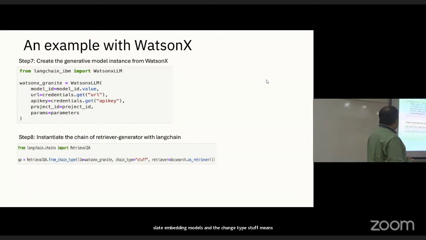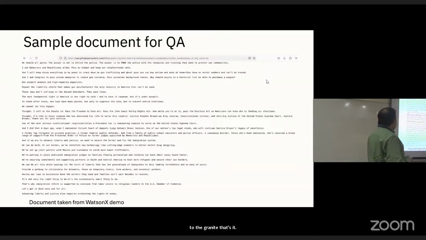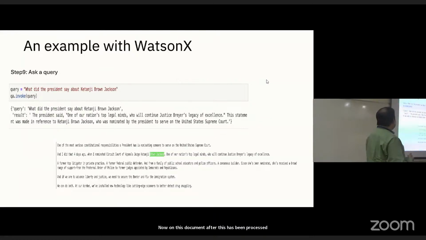That's it. This is a sample document I am showing. This document will be chunked and stored in different representations. Now on this document, after this has been processed, chunked and indexed, let's say I'm asking this question: what did the President say about Ketanji Brown Jackson? And you can see this is the particular chunk that